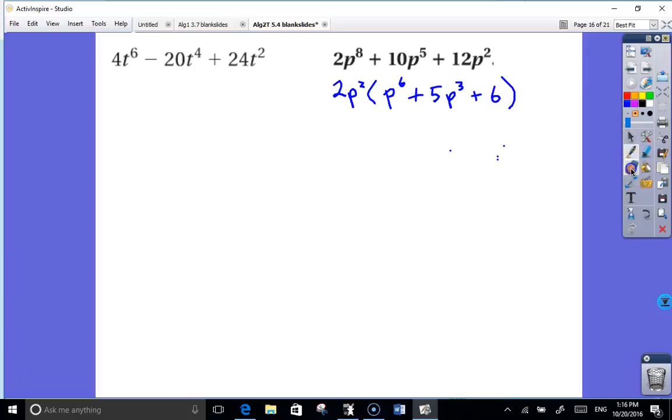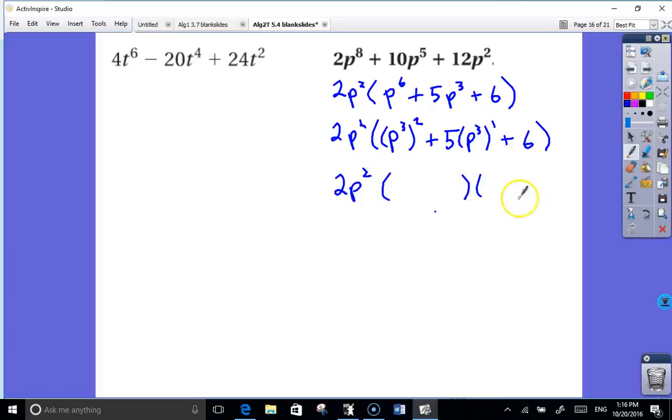So that's clearly, inside parentheses, not a quadratic. But it could be written like a quadratic because you could see the pattern there, right? In the middle term, you've got p to the 3rd, and the p to the 6th is p to the 3rd squared. So actually, you could write it like it's a quadratic, like this: 2p squared times p to the 3rd squared, oops, plus 5p to the 3rd to the 1st plus 6. So if you recognize that much,